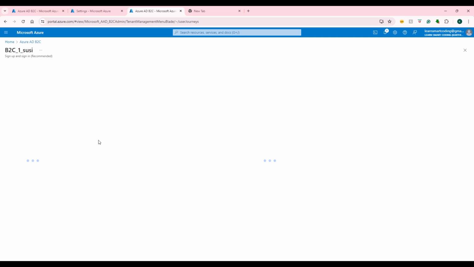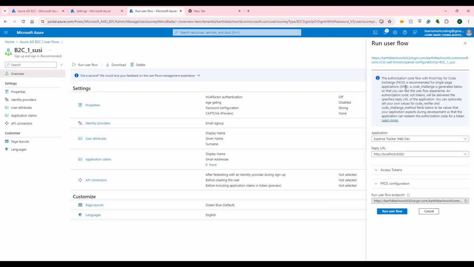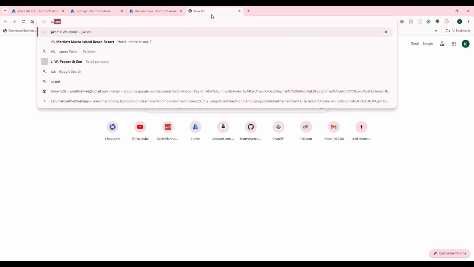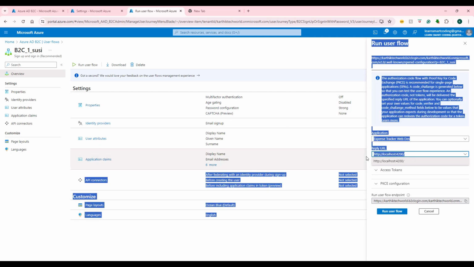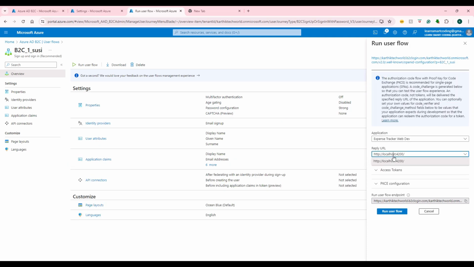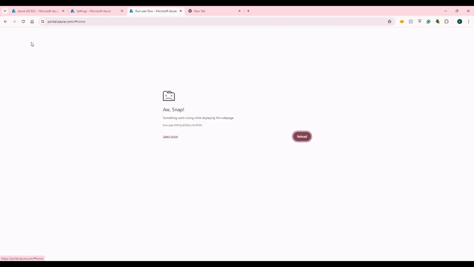Now once you're done with all of these things, there is something called run user flow. Basically you can test the user flow mechanism in the portal itself, but what I noticed is that at one point of time it doesn't work as expected. But let me show you how it works, right? So you go to one of the user flows and select this application that you have registered here, whatever you see on the right side. Here I selected the web and I selected the URL,